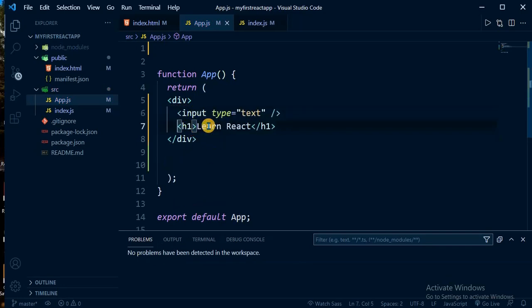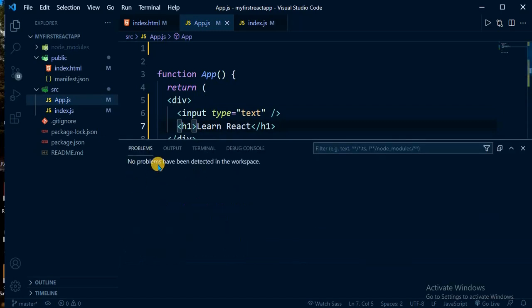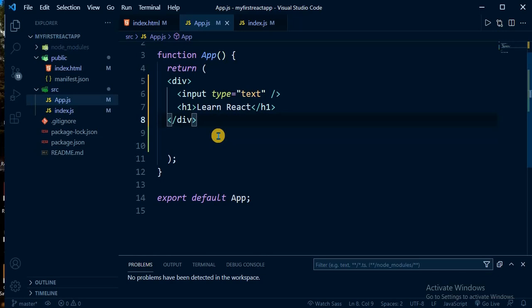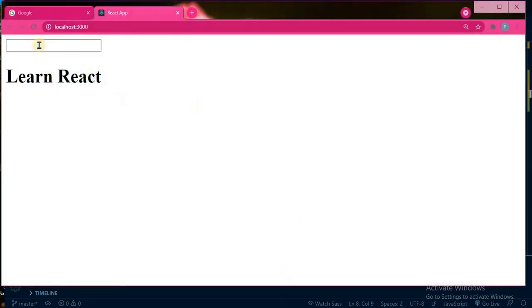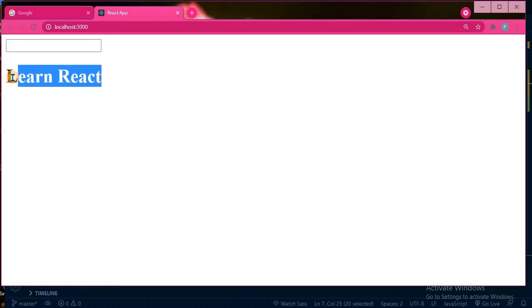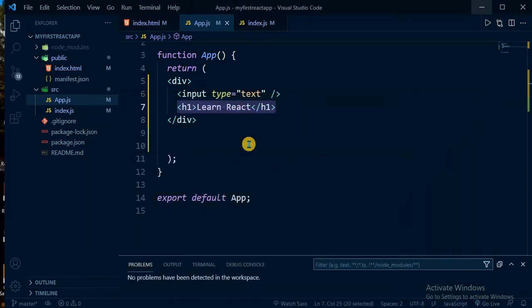Now you can see that we are facing no problems, right? So basically what we need to understand is that JSX expressions should always be wrapped under one parent element. Now you can see, we should see Learn React and one input field. This Learn React is inside an h1 element, so we got some bold text for Learn React, and we got an input field.